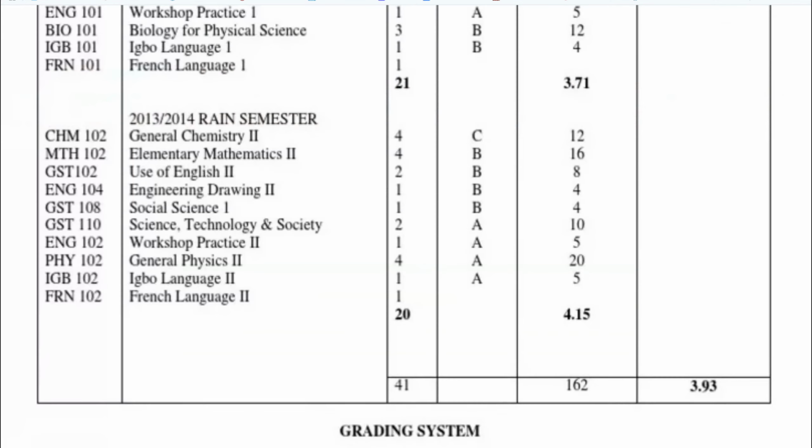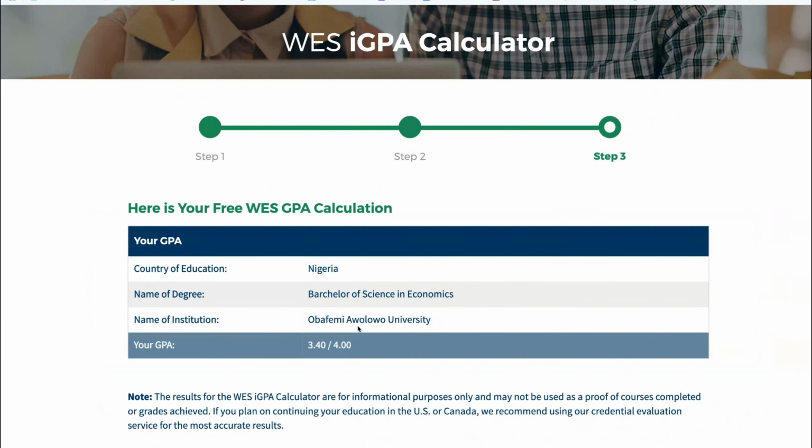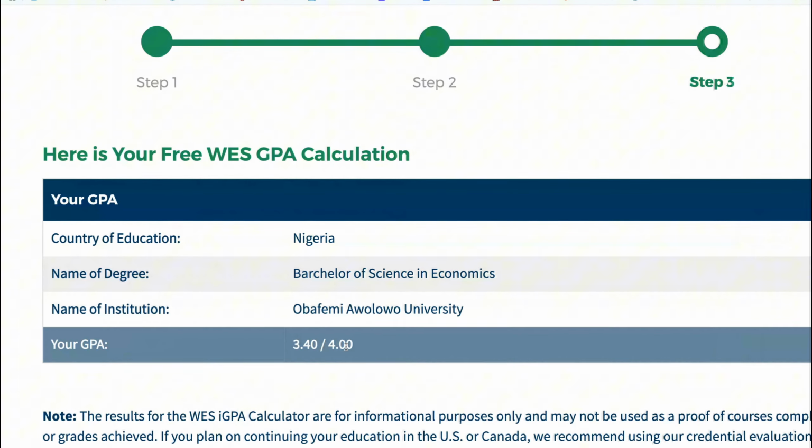So this is the result of this person, 3.93 over 5.0, and it turns out to be 3.40 over 4.0 in the US grade system. Can you see this for yourself, guys? So this is amazing. And I tell you, with this kind of CGPA calculated, it is very easy for the